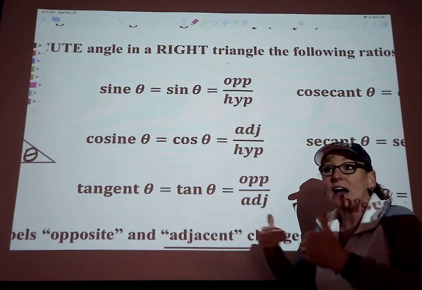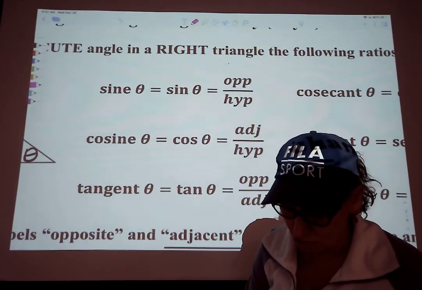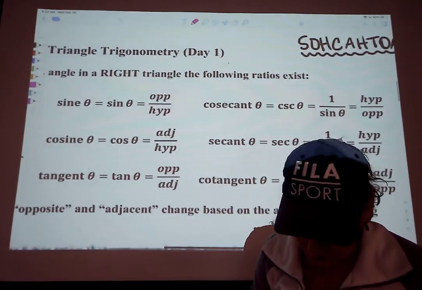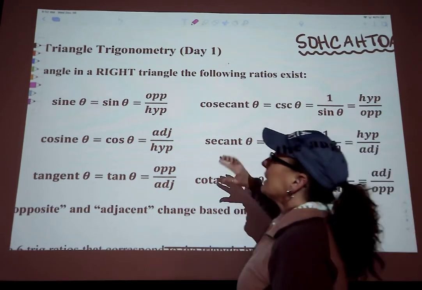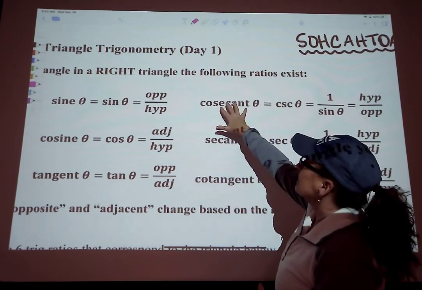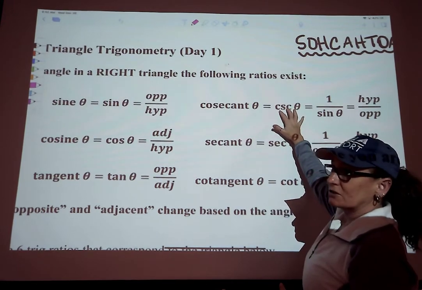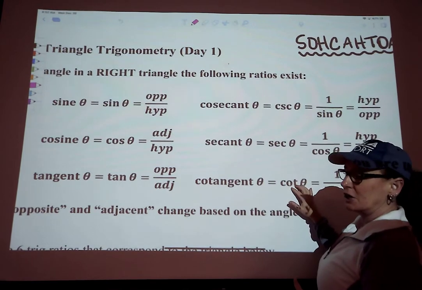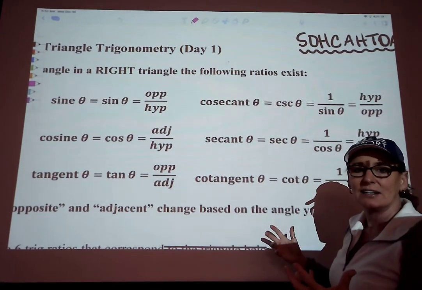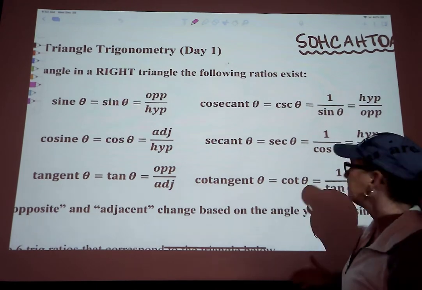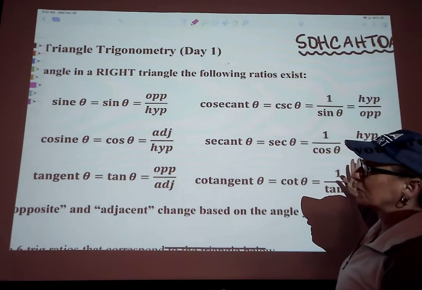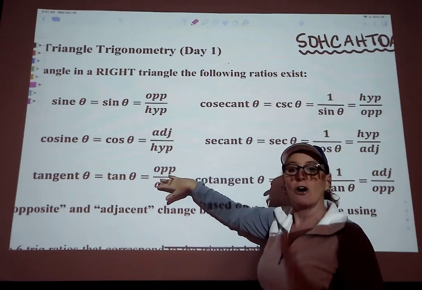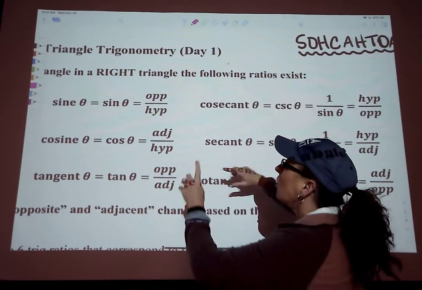Now, let's look at the other three trig ratios. They are cosecant, secant, and cotangent. This is what the cosecant abbreviation looks like. Secant, this is what its abbreviation looks like. Cotangent abbreviation. There are two ways to obtain the fraction or the value that you need for these three. The first way, if you already have these fractions written on your paper,